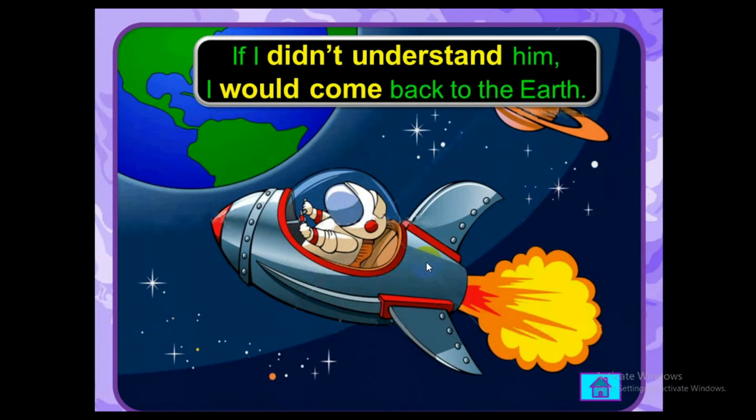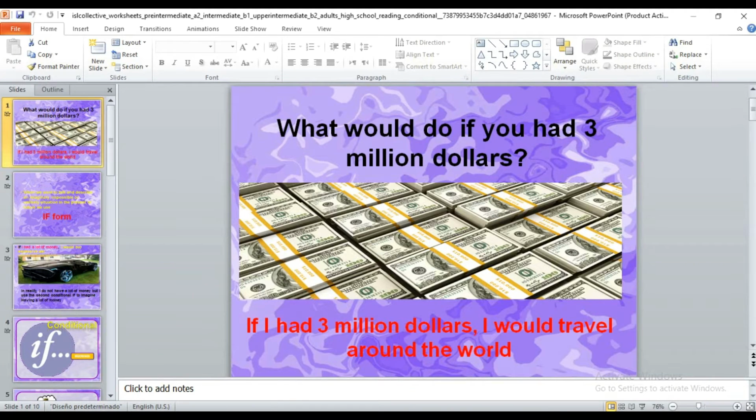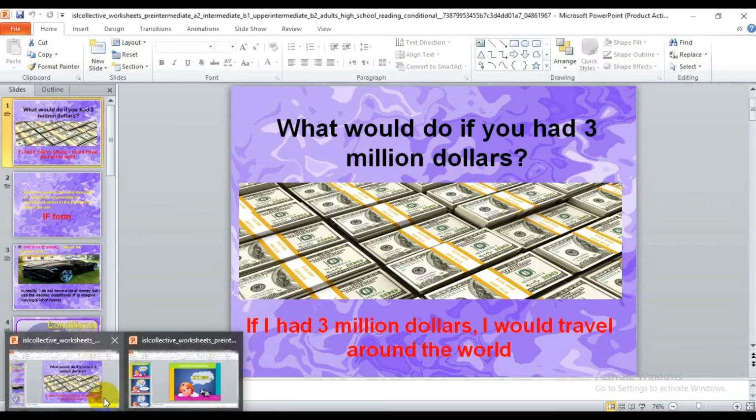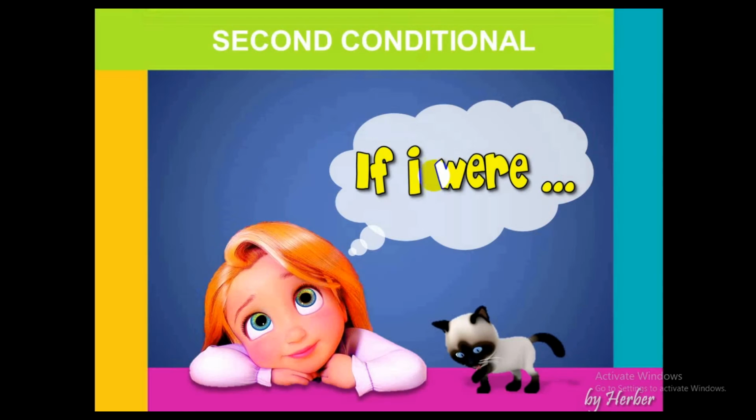Another. Wow. If I didn't understand him, I would come back to the earth. Let's see other examples till we can use the second if conditional. Lovely, jubbly examples as you can see. Now,